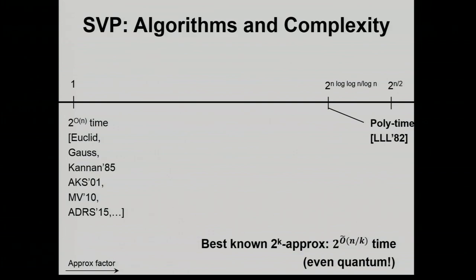And in fact, the interesting thing is this is the best known even if you have quantum computers. Quantum computers don't seem to achieve any speedup over classical algorithms, as far as we know. Things could change, like tonight, for instance. But as of now, as far as I know, this is the best algorithm. So two extremes: polynomial time with 2 to the n approximation, and 2 to the n time with 1 approximation, exact.